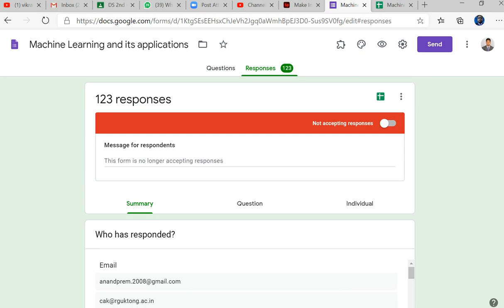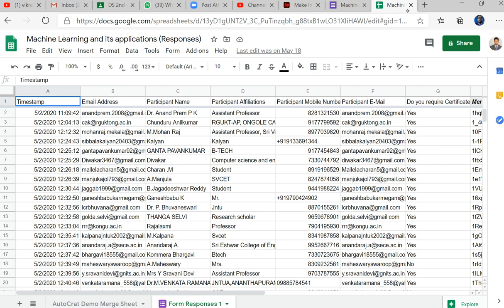Once you have the responses, you click on the icon here, View response sheets. Automatically the responses will open in an Excel sheet like this. Once you open the Excel sheet, we have different fields like email address, participant name, affiliations, etc. To generate a certificate automatically with the help of fields like participant name, you just go